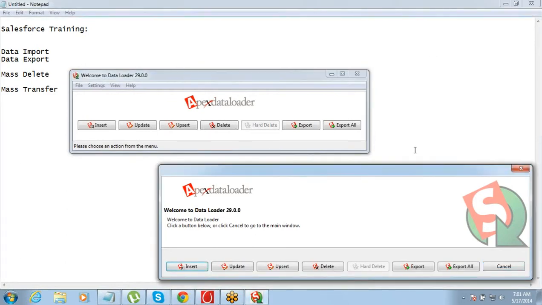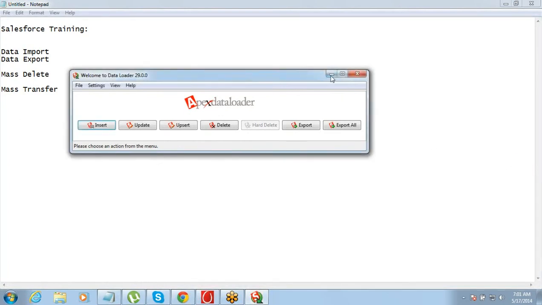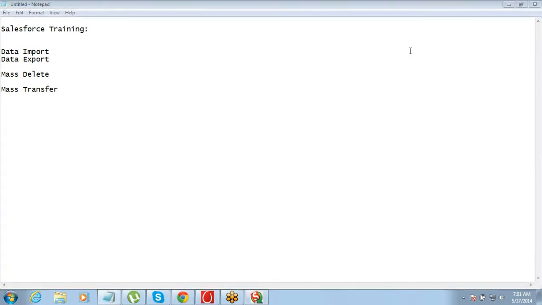Absolutely correct. For people who have missed out on that, let me give you a quick overview. What is data loader? Data loader is a standalone application which is used for performing data management operations.